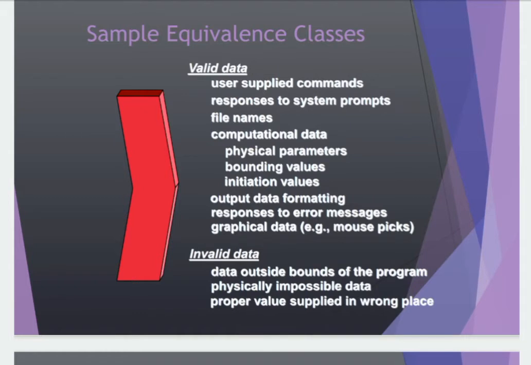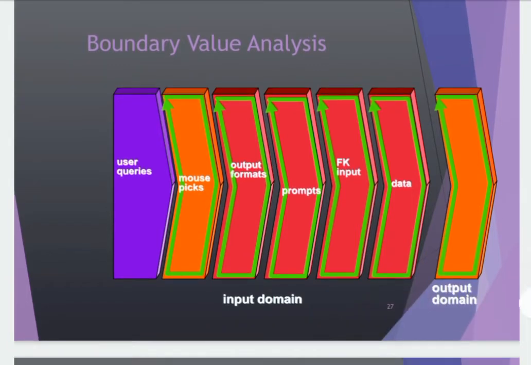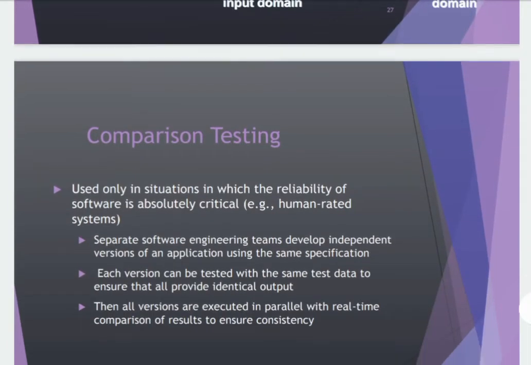Here I introduce, with the lock and key, some valid data and invalid data. What are the valid data? That is age between 35 and 59. The invalid data is what? Age is 0, the age is negative, or the age is a three digit number. So this is boundary value analysis, where you are going to analyze your values.